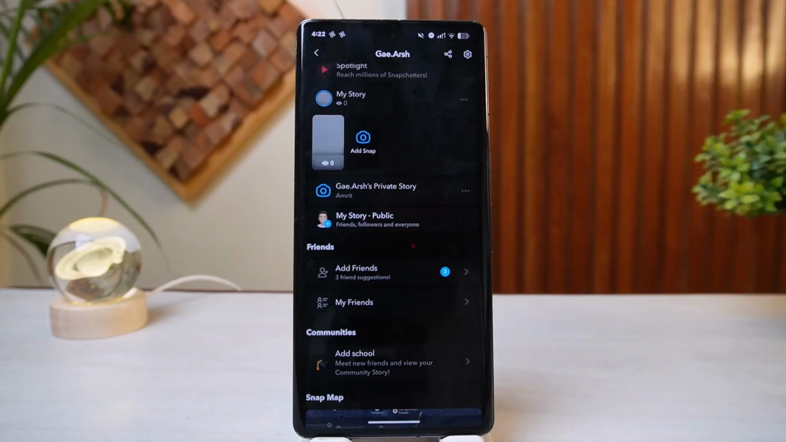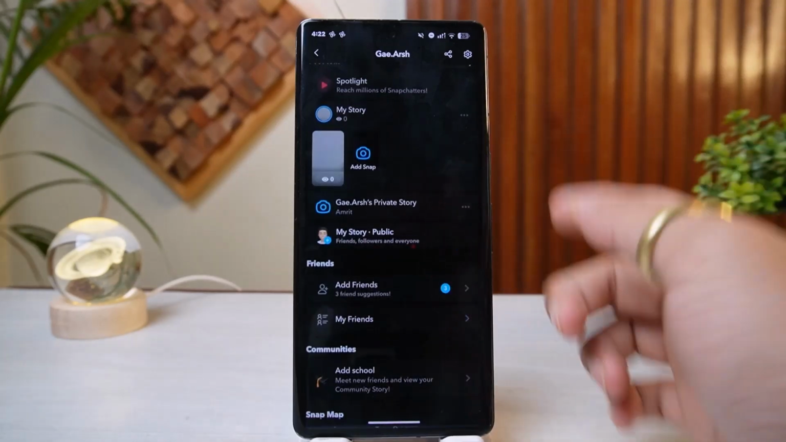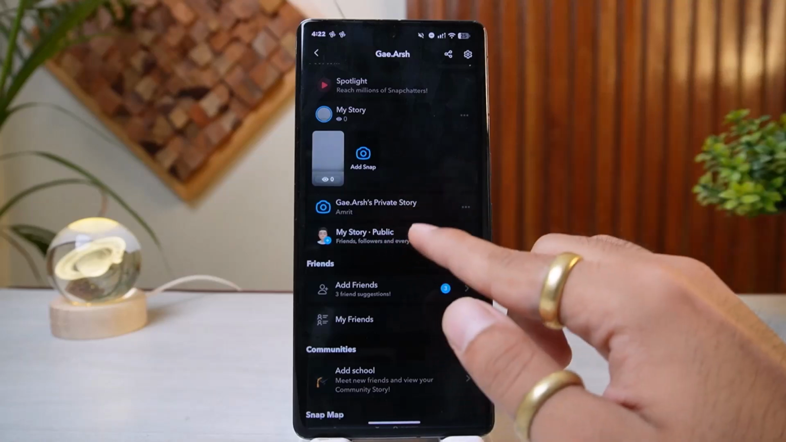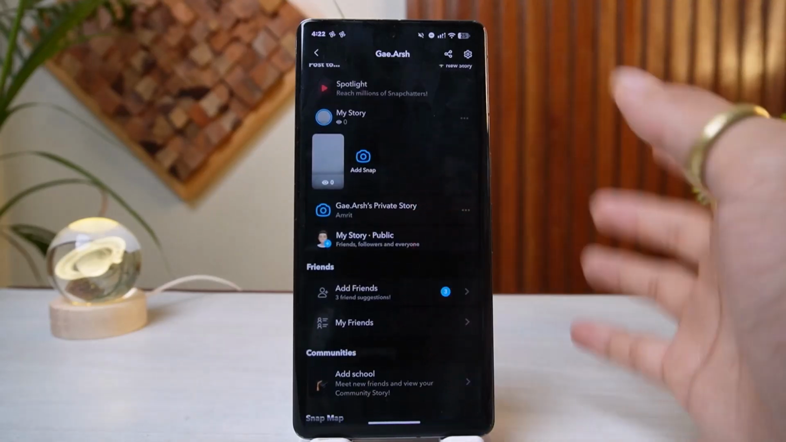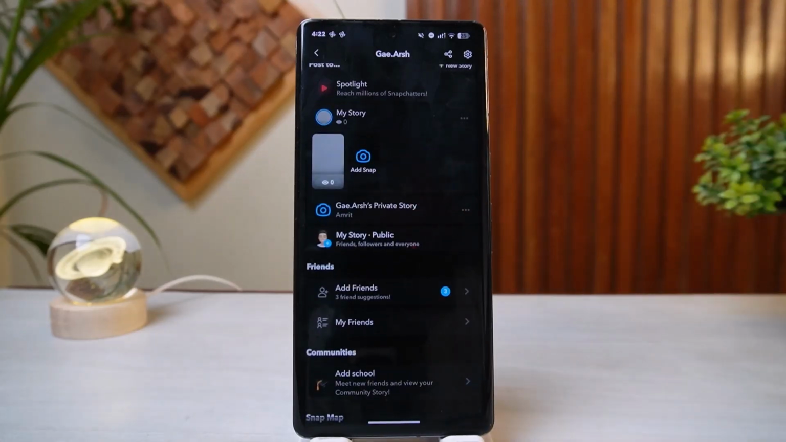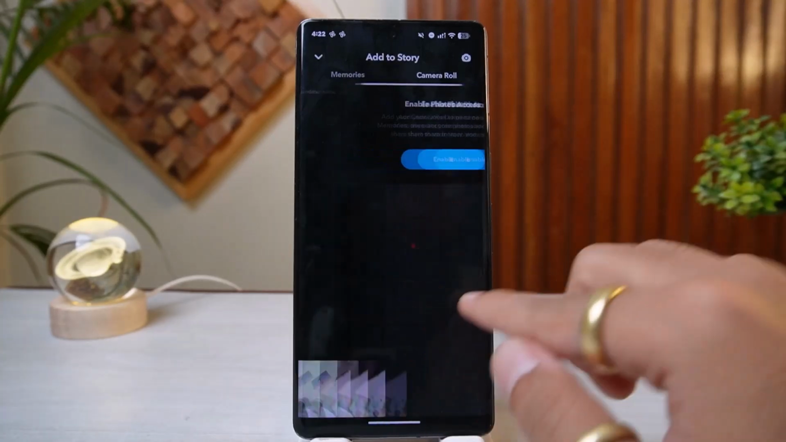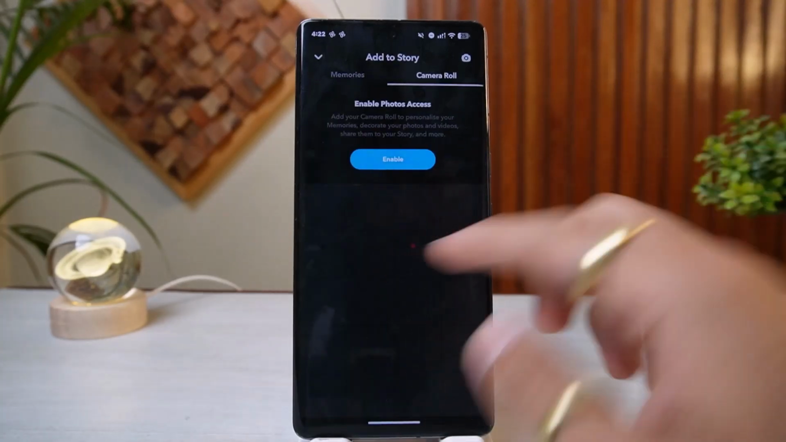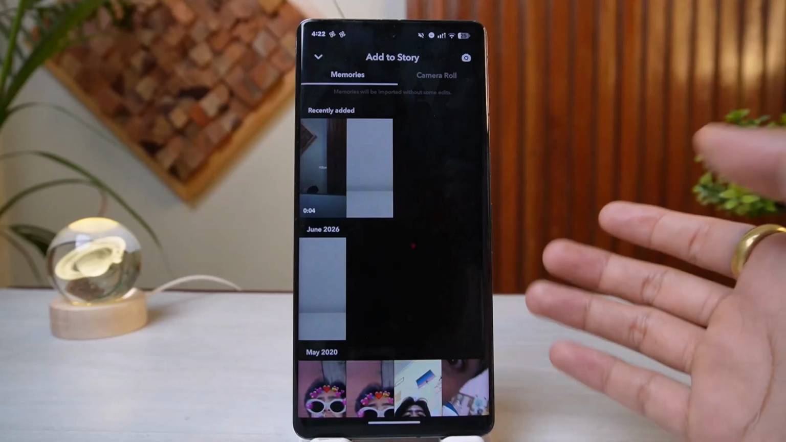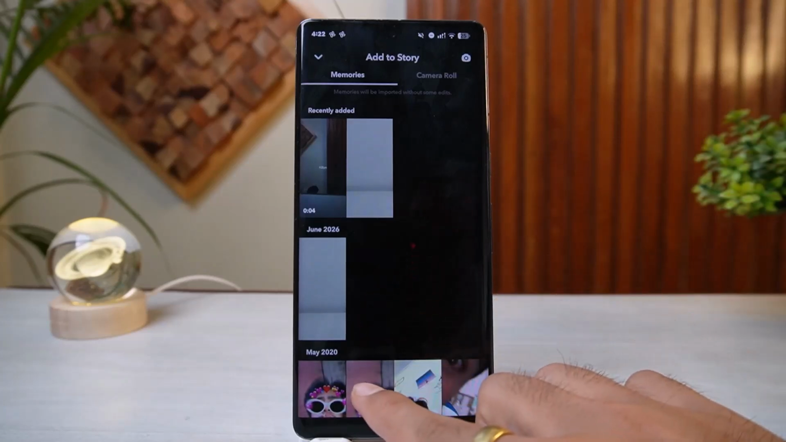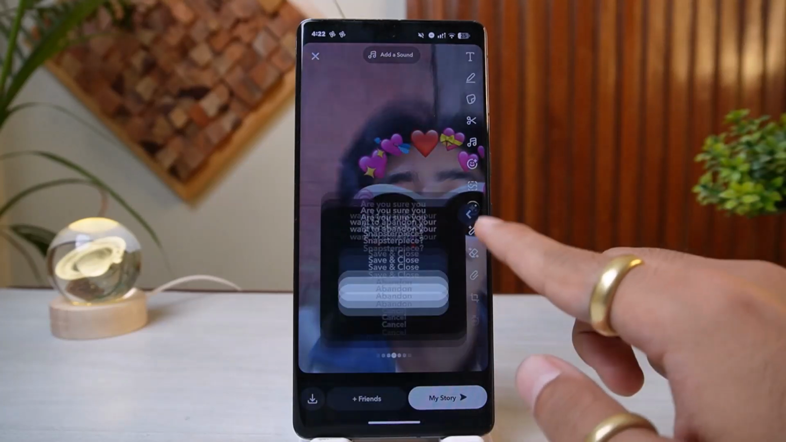My Stories section. Once you find it, you simply have to now go ahead and then select the private story or My Story option. Once you select any of these options, you have to tap on this Add Snap option within the Add Story panel. You can use your camera to record a video or even take a photo or simply upload it from your memories. Once you do this, all you have to do